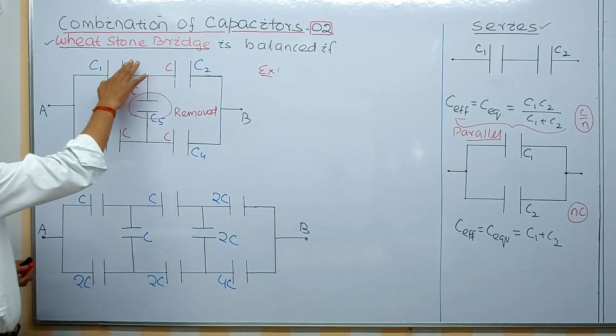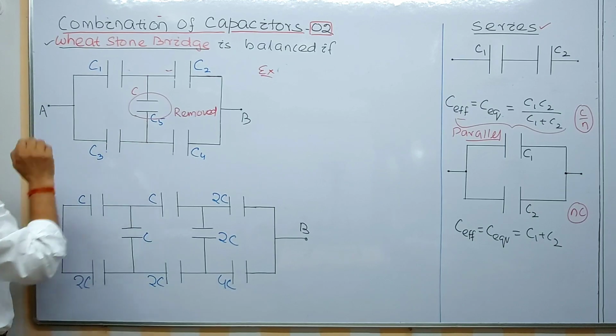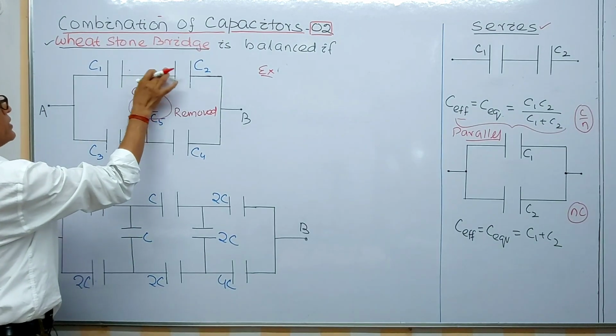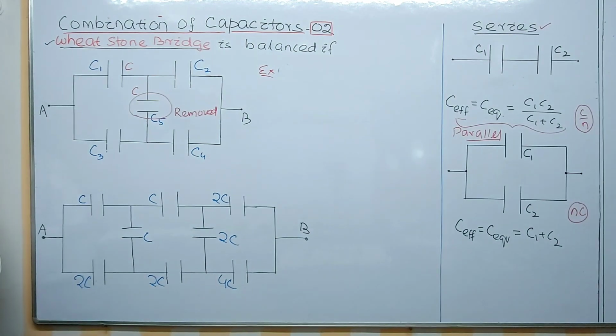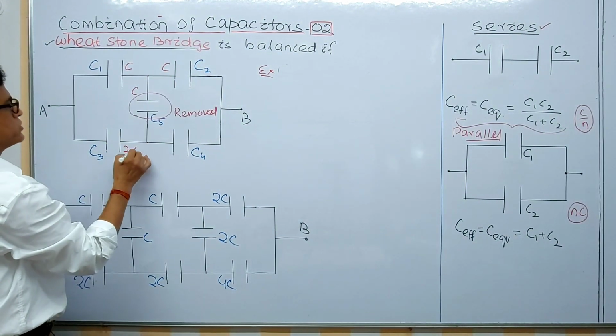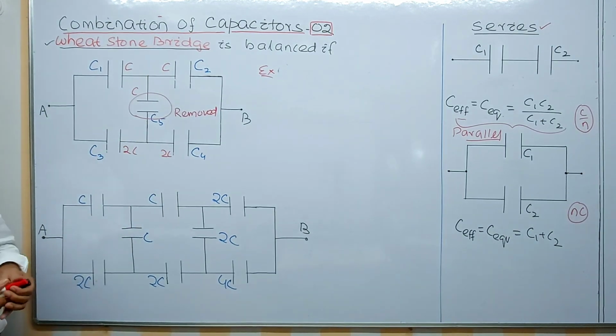Now see this, I am giving another for practice. So now take it and tell the answer. I will write the values, and you should try to tell the answer. I am giving this as C, this as C, and this is 2C, this is 2C, this is 2C. Now you try. I am giving 30 seconds.